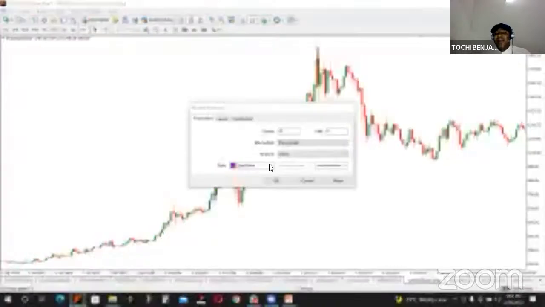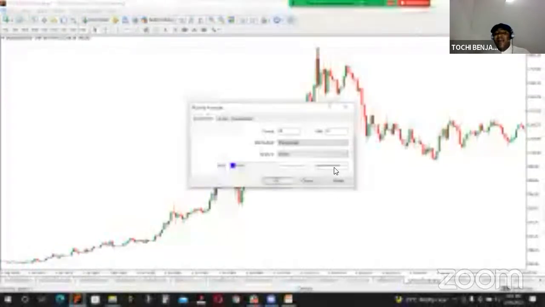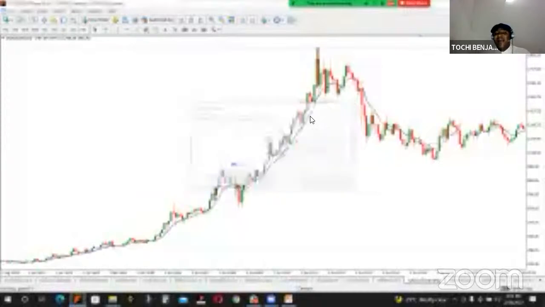Okay, so let's continue. Any color that best suits you, that tickles your fancy, no problem. I can change this into blue. If I want to tick the line, I'll come here and tick the line, no problem. I'll click OK. Now, look at it. Have you seen the moving average? Somebody will ask, that long rope that is on your chart, what is it? Now you know that it is the moving average.